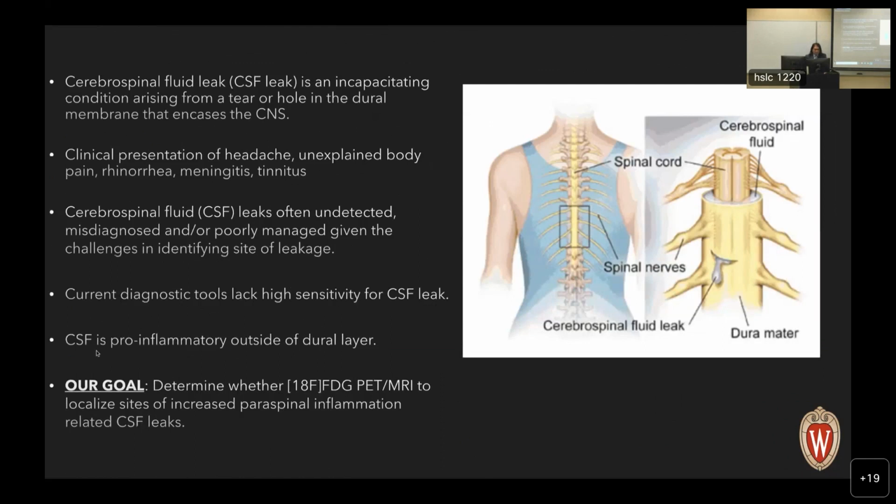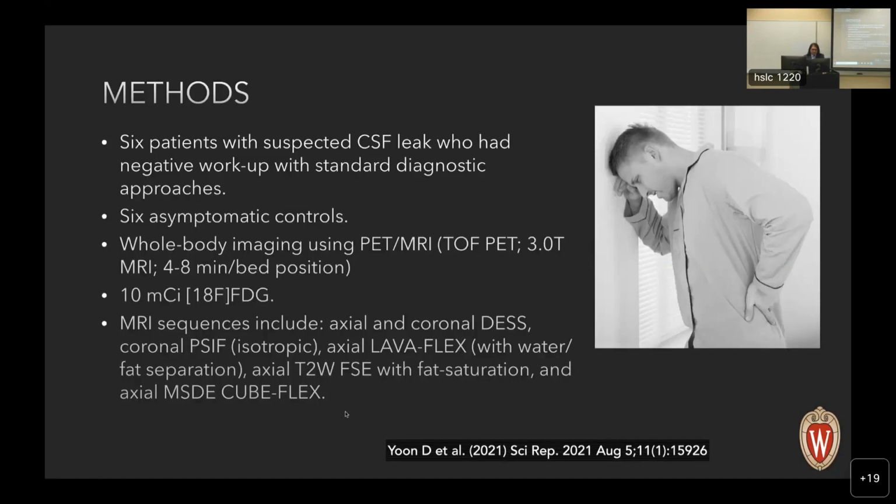As you all know, I'm sure, CSF is pro-inflammatory outside of the dural layer, so it incites quite a reaction in the tissues surrounding the dural sac. So our goal is to determine whether FDG, being a marker of inflammation, can be used indirectly to show where the CSF leak is. So in this publication, we showed there were 6 patients with suspected CSF leak and a negative